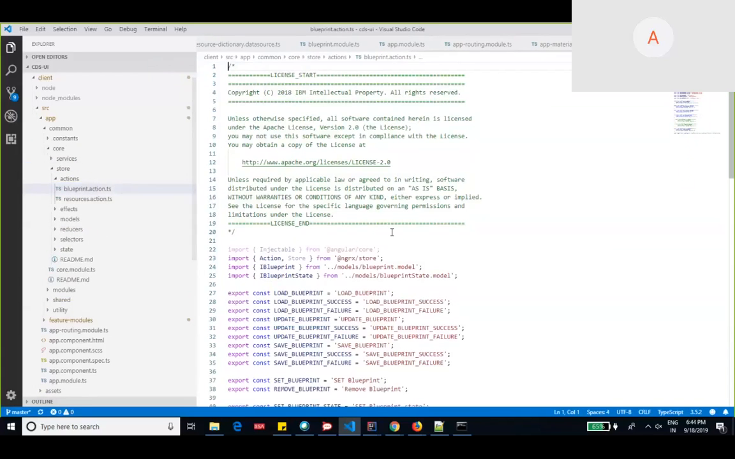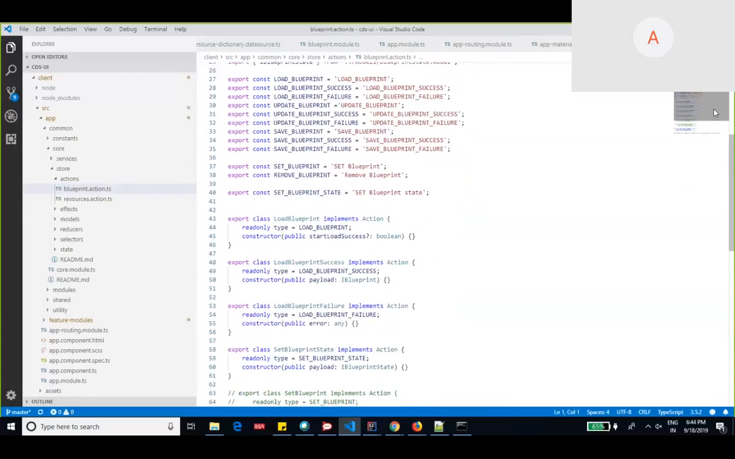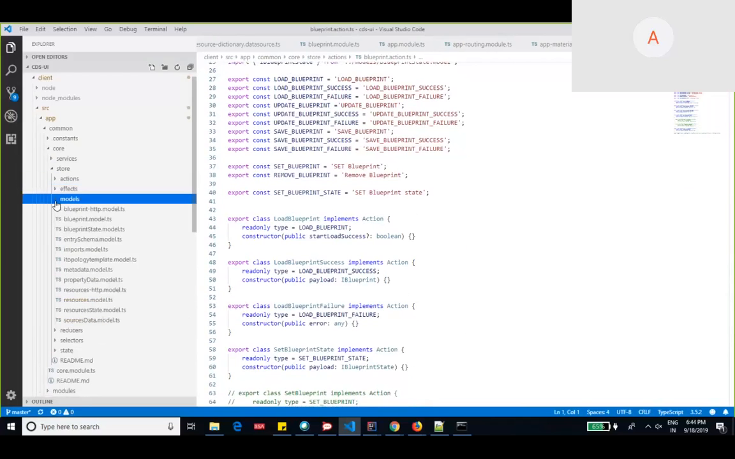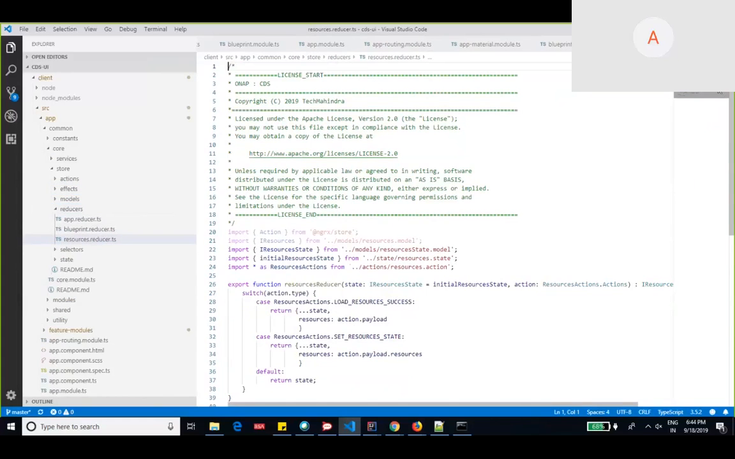For example, for the CDA creation, we have a blueprint action wherein we define all the actions. For example, save blueprint, load blueprint, set blueprint. These are the actions that we are defining within the blueprint action.ts. And the models are the models which we'll be using for the NGRX store. And the reducer is the actual place where we are